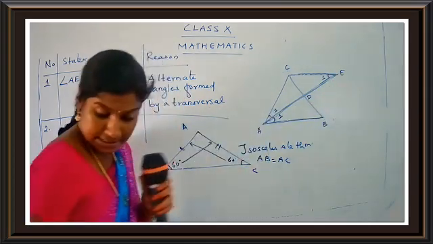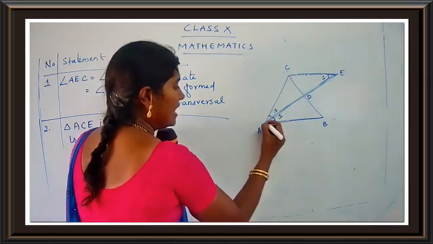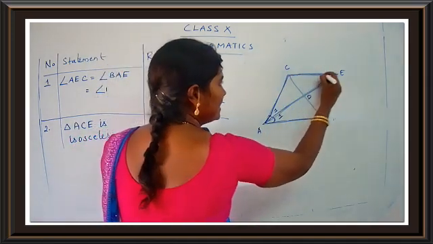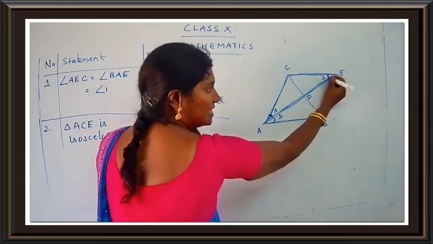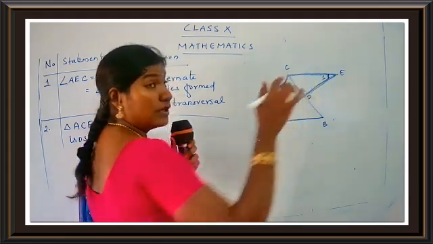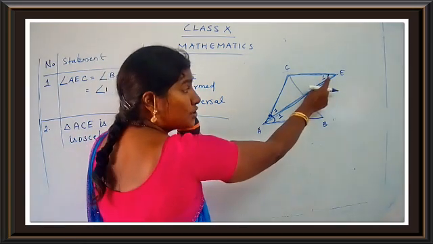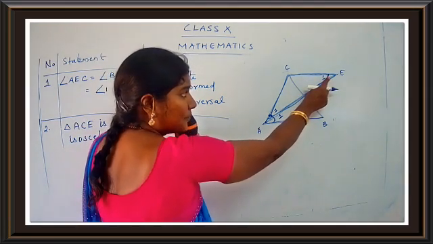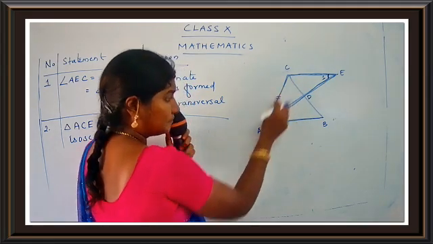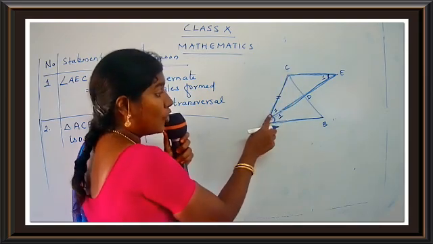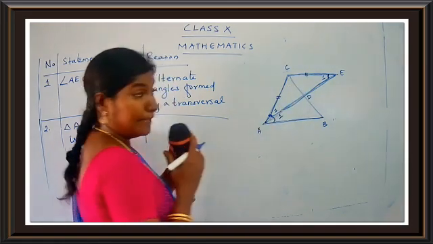Okay, children. Now just look at the figure carefully. In triangle ACE, this is triangle ACE. Now here we have this angle as 1 and this angle is 1. This is 1, this is 1. So if you apply the isosceles triangle theorem, what happens? The side opposite to this angle. What is the side opposite to this angle? This here, children, this is E, yes? So what is opposite to this angle? I get AC. And what is the side opposite to this angle? Yeah, it's CE. Getting my point?